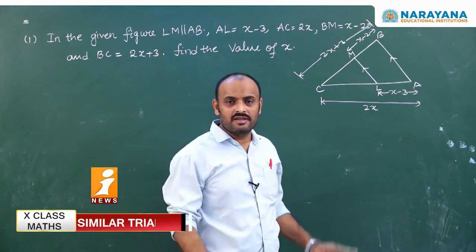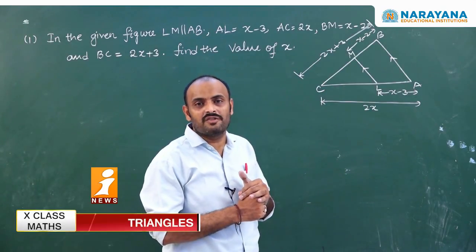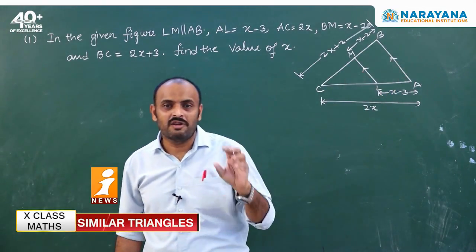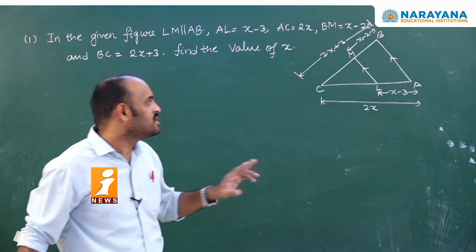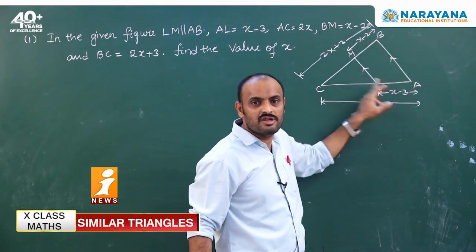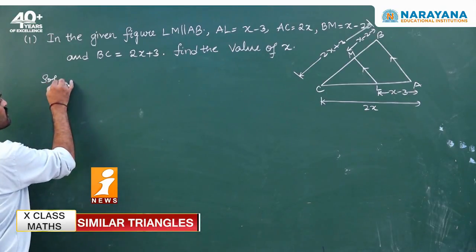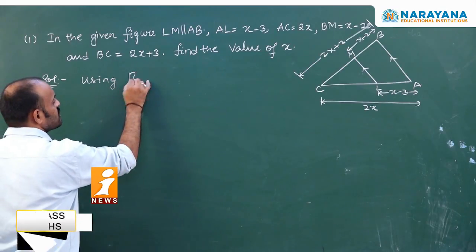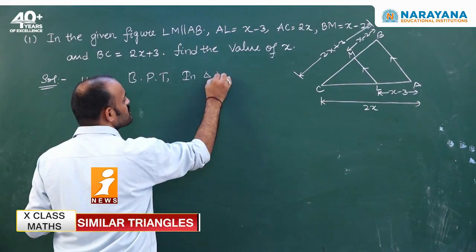Nothing else is given, but by seeing the figure, we can identify what theorem has to be used. They have given that the lines are parallel. Whenever parallel is given, we can make use of the basic proportionality theorem. See, in this triangle, two sides are parallel. That means I can make use of the basic proportionality theorem. So, using the basic proportionality theorem in triangle ABC,